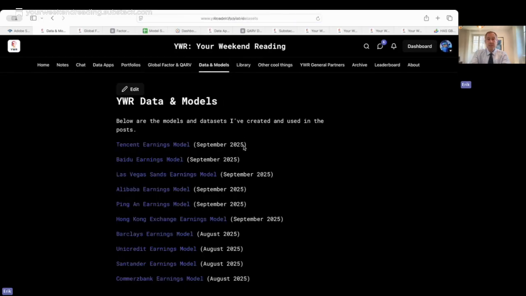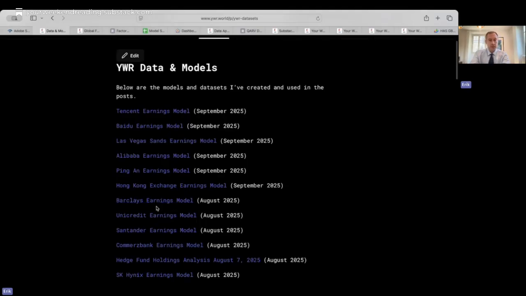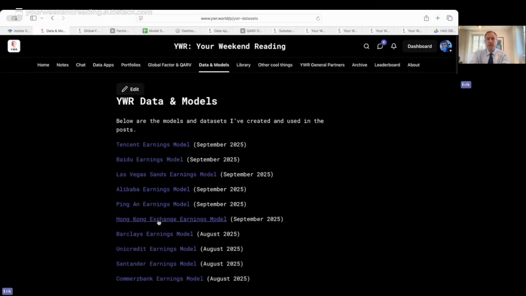So when I go in depth on a stock, as much as possible, I like to build an earnings model about it. So if you come over here to data and models, whenever I update a model, the link is here. And earnings modeling is really good. It's very time intensive, but it does really give you an idea of the company, how it reports, the segments,